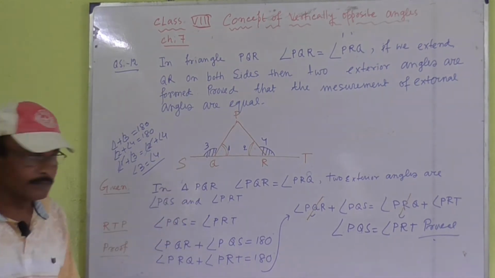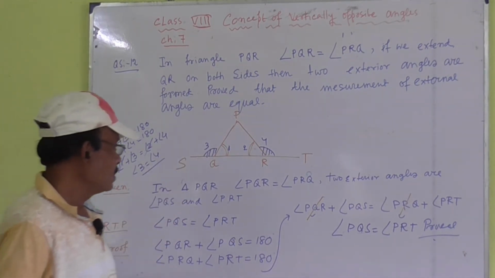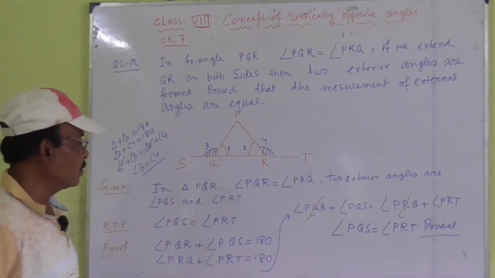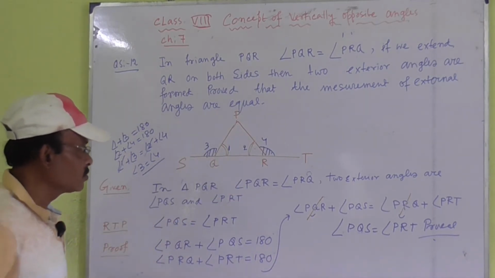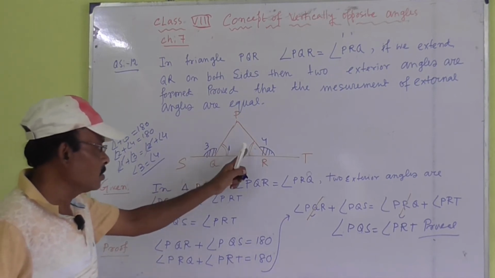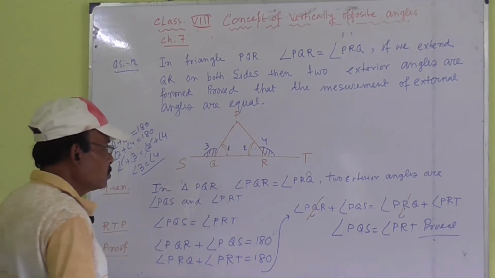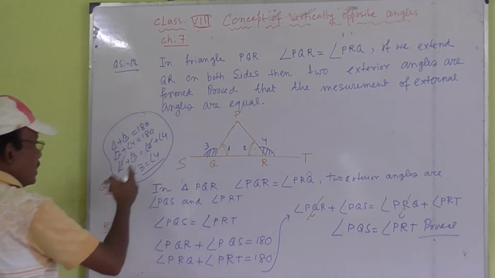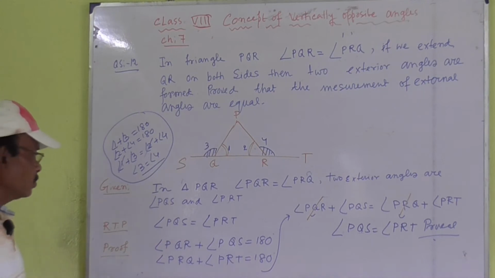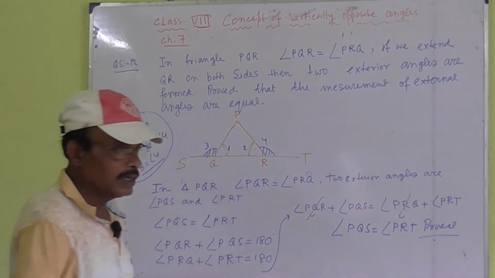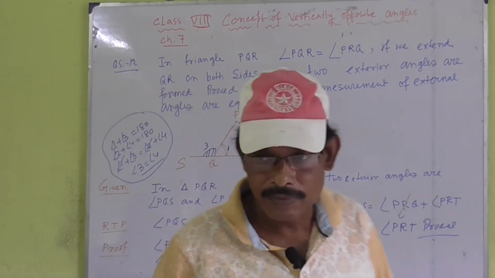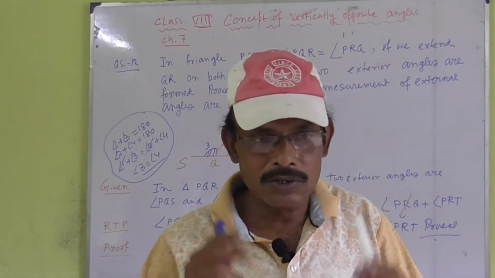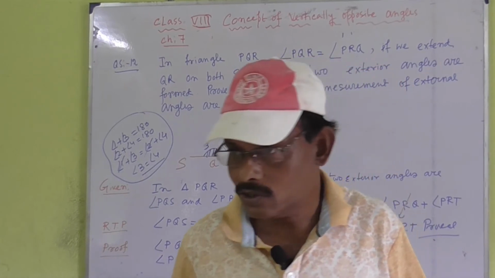This sum is very important. Now, I will tell again that this angle and this angle is 180 degrees, and this angle and this angle is 180 degrees. If angle 1 equals angle 2, so if we cancel angle 1 and angle 2, angle 3 equals angle 4. Clear? Now, I will start the next theorem.